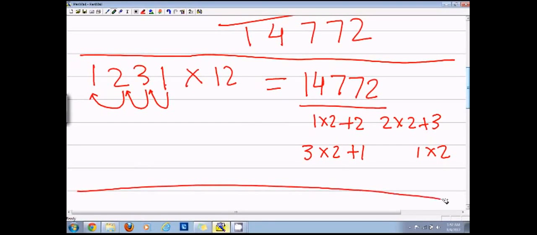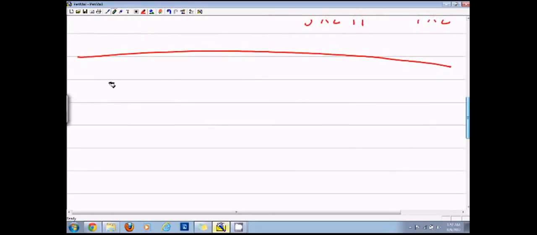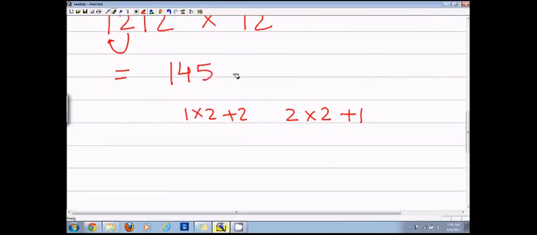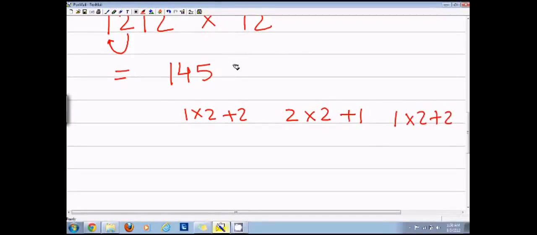Let's take another example. If I have to multiply 1212 by 12, let's do it again. First I will write 1 here because the first digit is 1. Then I say 1 into 2 plus 2, that is equal to 4. Then 2 into 2 plus 1, that is equal to 5. Then 1 into 2 plus 2, which is 4. And then 2 into 2, that is equal to 4. So the answer is